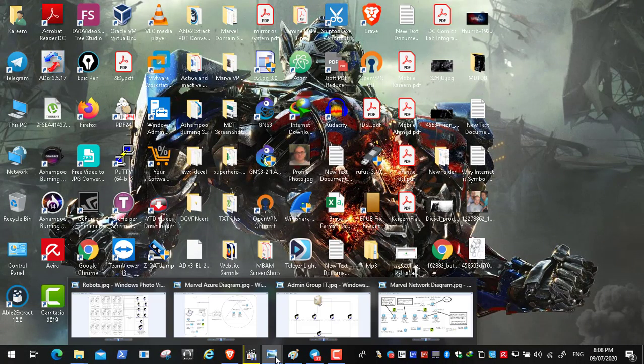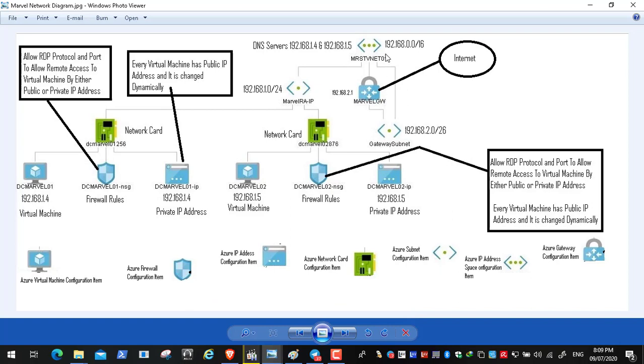I can show you all a small graph to show you the network of our Azure. First of all, we need to know that all of these icons are configurable, and they are Azure items. For example, this is an Azure virtual machine configuration item, so this can be configured. And then we have an Azure firewall configuration item, and then an Azure IP address configuration item. Everyone's name is very clear. And then we have an Azure network card configuration item, an Azure subnet configuration item, an Azure IP address space